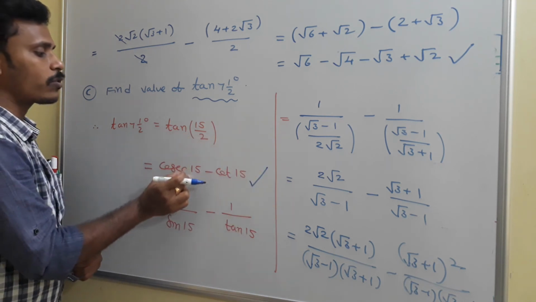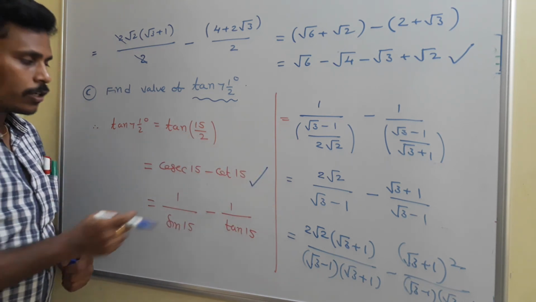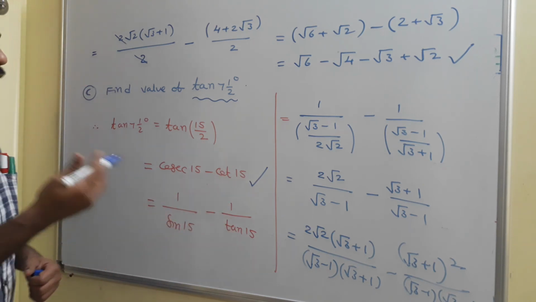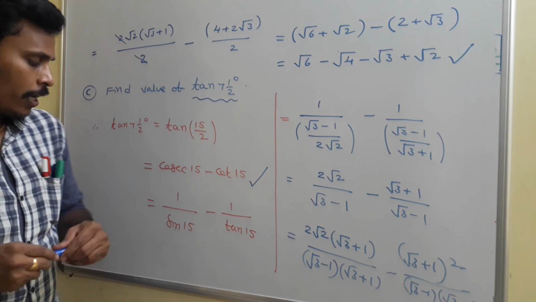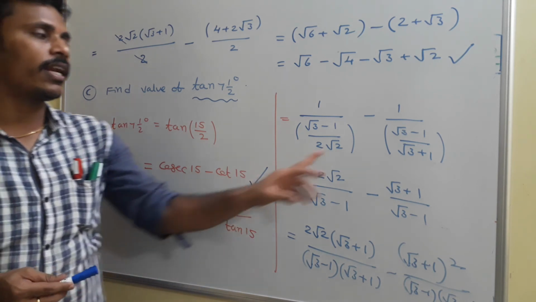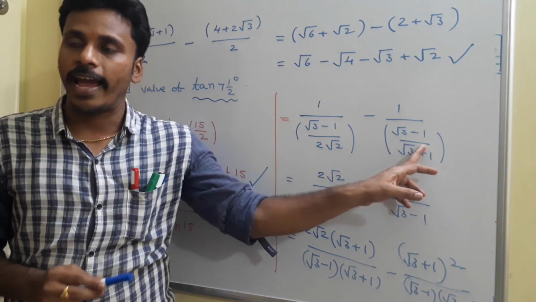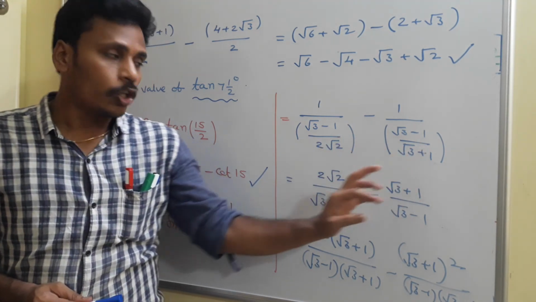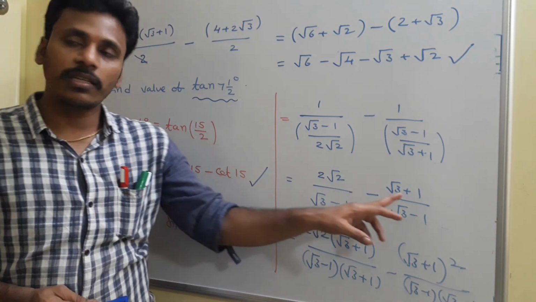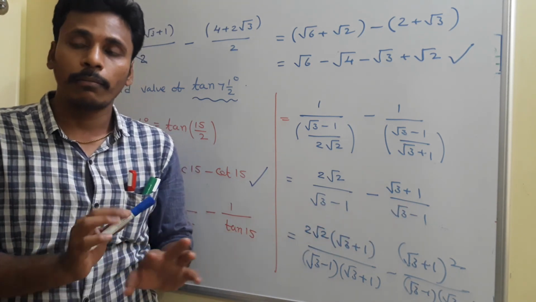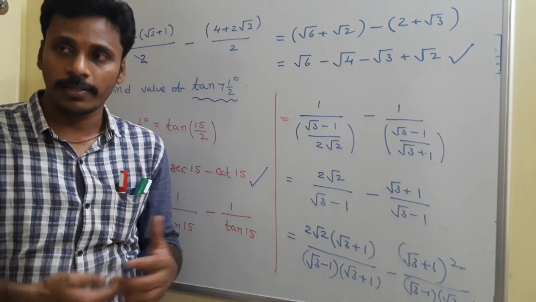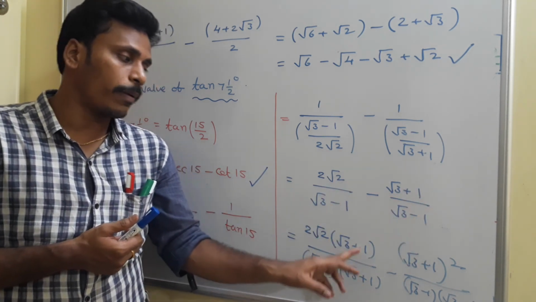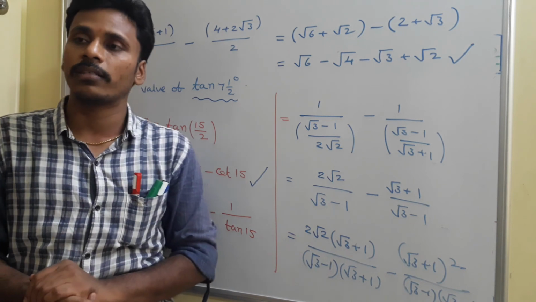See, we can easily find this tan 7.5 degrees just with this logic. Tan theta by 2 is cosecant theta minus cot theta. So cosecant theta is 1 by sin, cot is 1 by tan. And to move to the next step, you need to use the values of sin 15 and tan 15. This is the value of sin 15 and this is the value of tan 15. So you can reciprocate it. Denominators are same. You have a chance to combine, but don't do it, okay? Because I need further simplification. So you just multiply numerator and denominator with root 3 plus 1. It gives you somewhat better simplification.